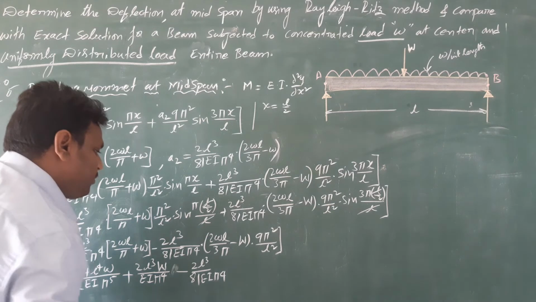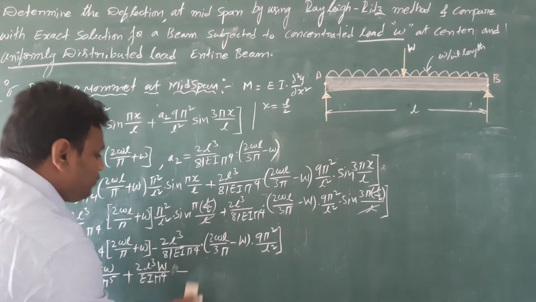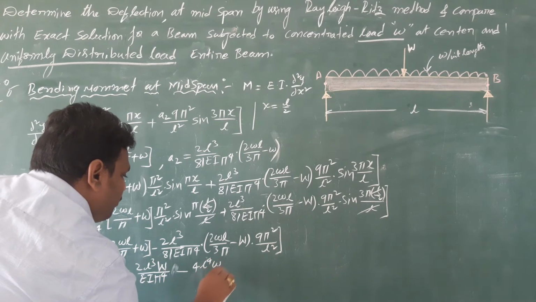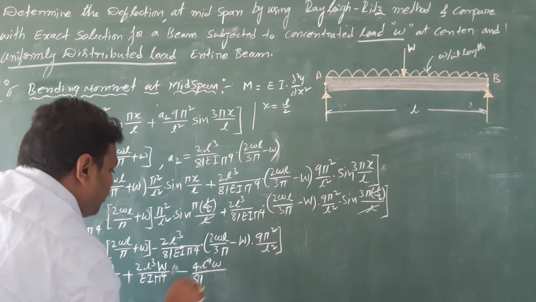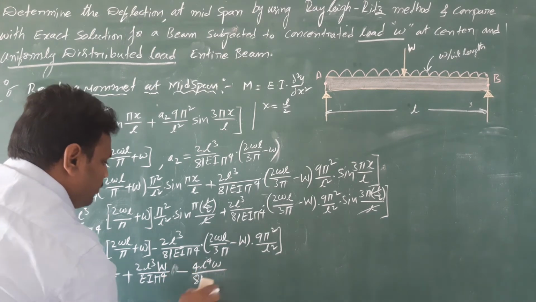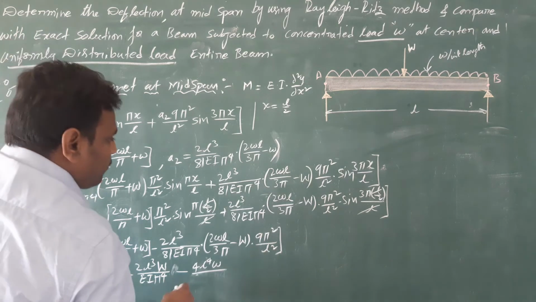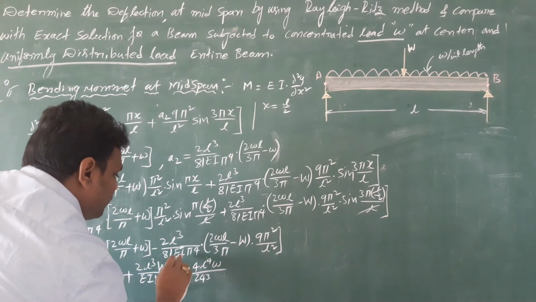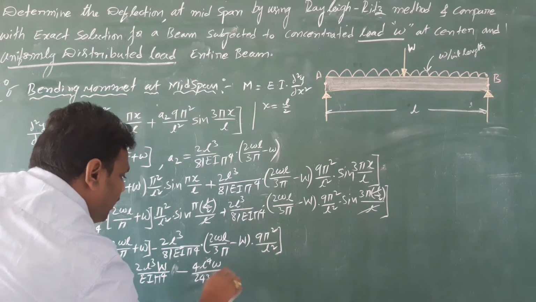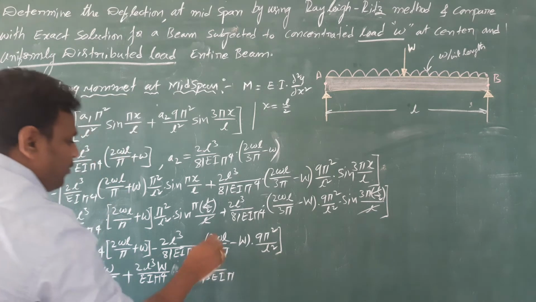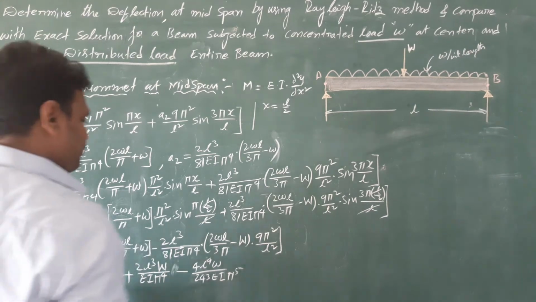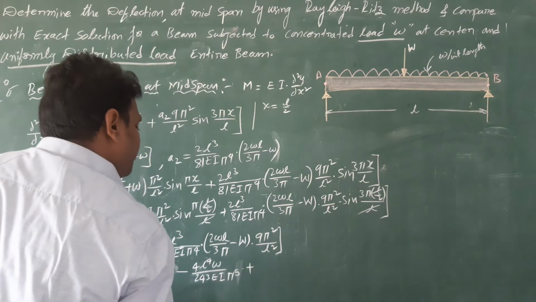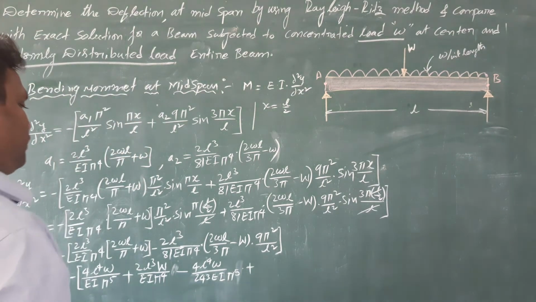2 into 2 is 4. L into L power 4 small w divided by 81 into 3, 81 into 3 is 243, that is 243 EI pi into pi power 4 into pi, that is pi power 5. Minus into minus plus, minus into minus plus 2W